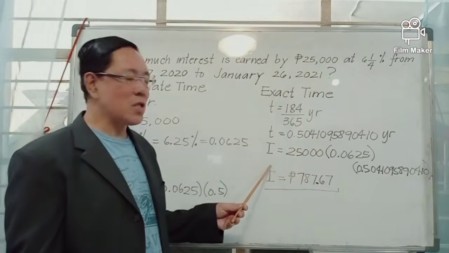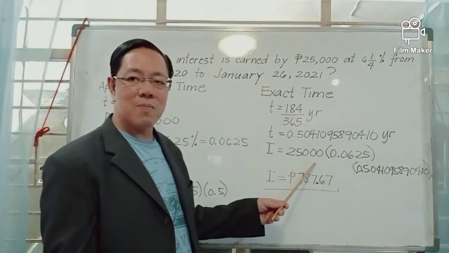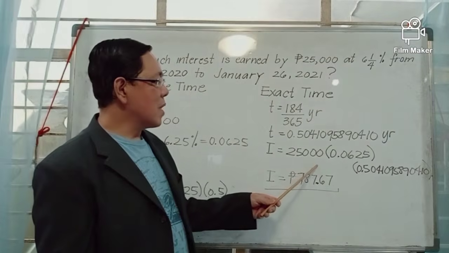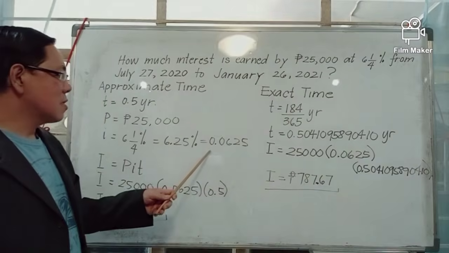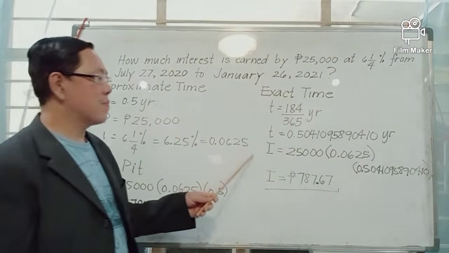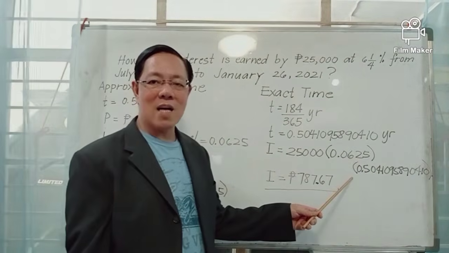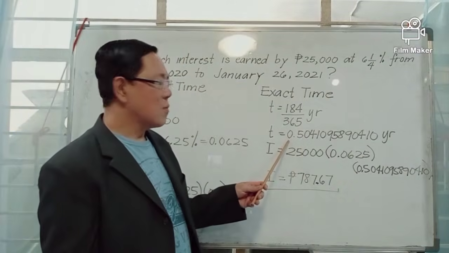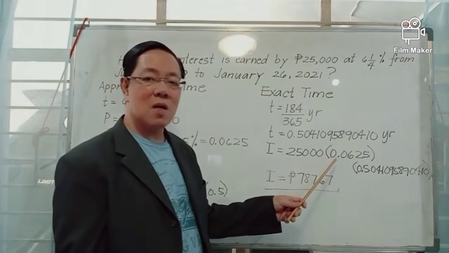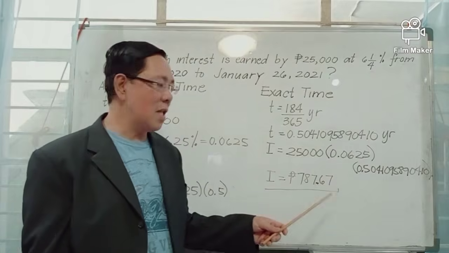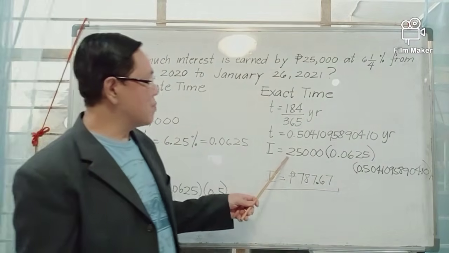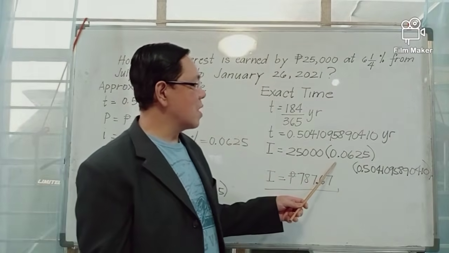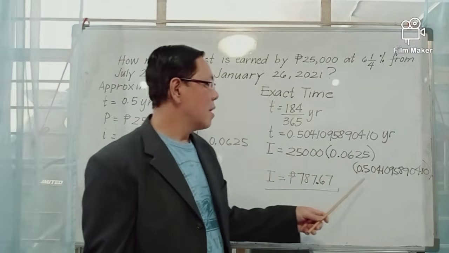Hence, the exact amount of interest is 25,000 principal multiplied by the interest rate in decimal number 0.0625 multiplied by the exact time. We take all the decimal numbers because we will do the rounding off in the final answer. Using your calculator, you multiply 25,000 by 0.0625 by